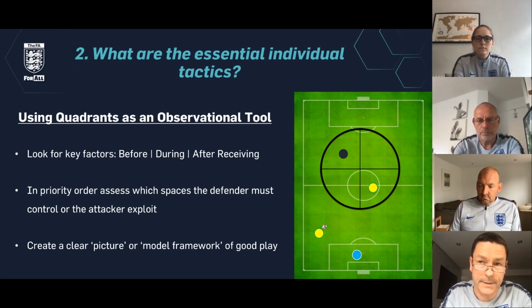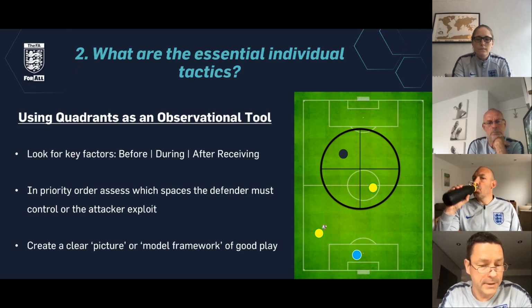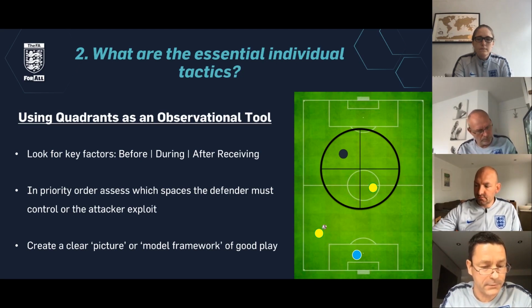Once you've got those fundamental things like smoothing the pass out, getting the receiving right, having a look over my shoulder, that then allows you more thinking time to do what Gemma was talking about. Well, who am I playing with? What are their strengths and weaknesses? If you've got to think about, can I control the ball because it's bouncing, and I've got to shift it quick because the coach says so,